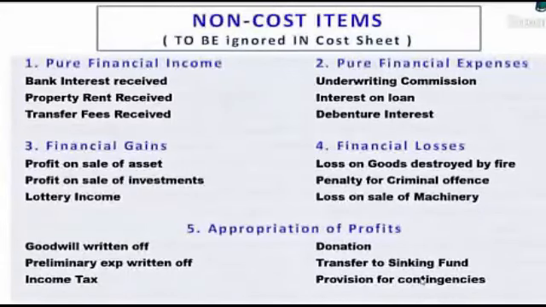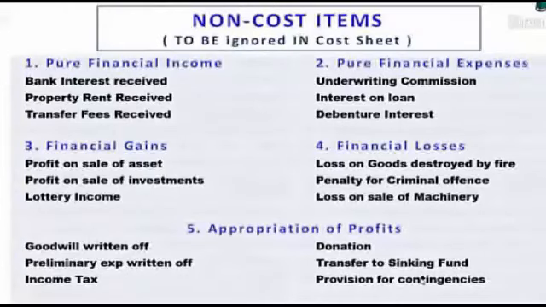Beyond this also there are certain expenses which we don't take in a cost sheet. We call them non-cost items. So does it mean to say that these costs we don't consider and we calculate the profit? The answer to that is yes. A cost sheet is prepared for calculating the cost of a specific product. Now, when we are calculating a cost sheet, the irrelevant items we are not taking. I am calling them irrelevant, but in cost accounting, these are called non-cost items. They are not cost items, and are to be ignored from the cost sheet.